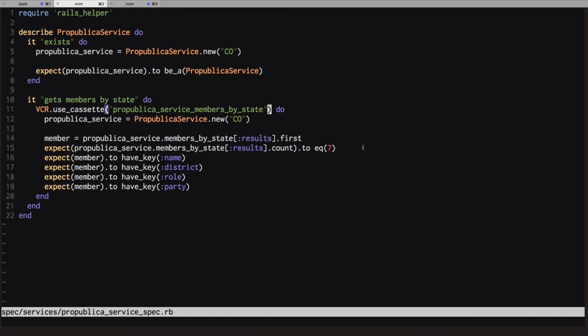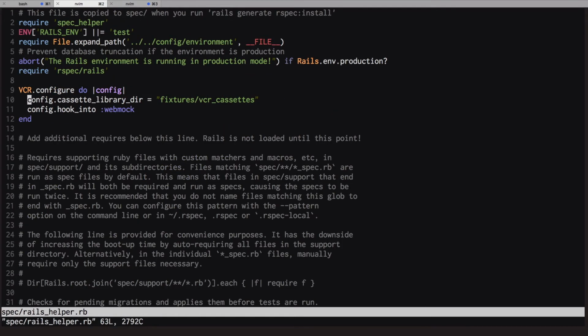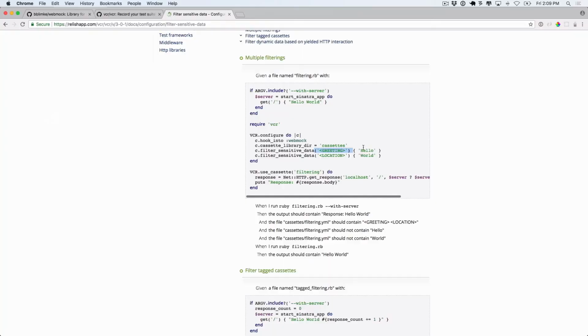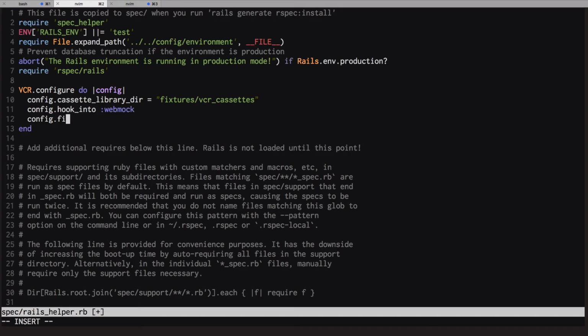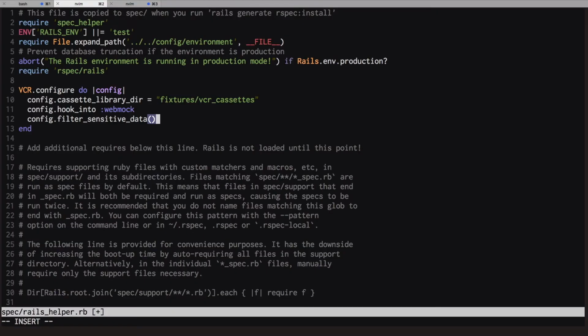So I'll go open up my Rails helper, come inside of here, and now I need to do config.filter_sensitive_data. And I'll pass it whatever I want to replace with. So in this case, I'll just put in a generic, like our ProPublica